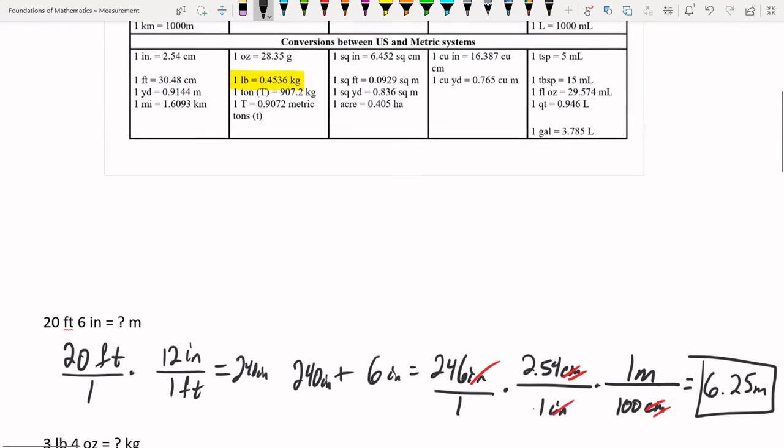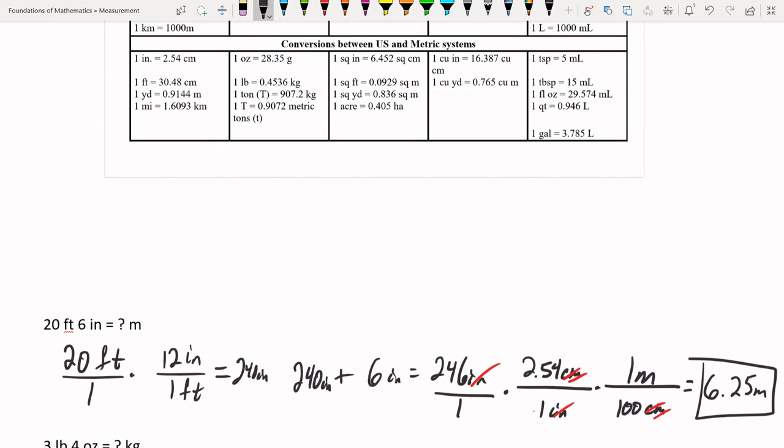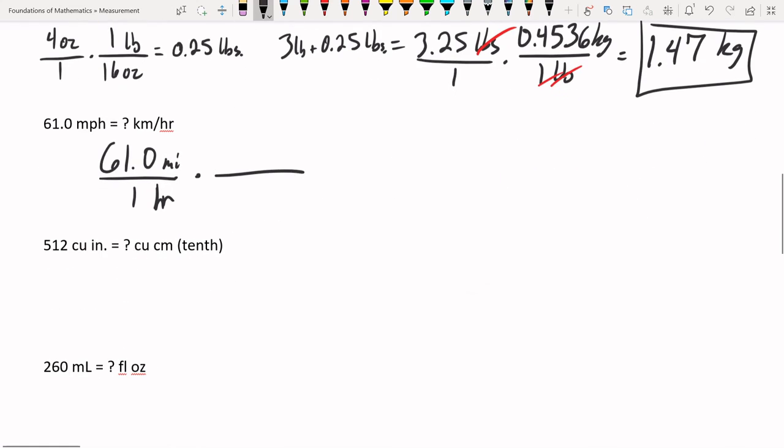And that one is right here. 1 mile is 1.6093 kilometers. Miles cancel, and we have kilometers on top over hour, kilometers per hour. That's what we want. So we can just multiply this out. 61.0 times 1.6093. That gives us